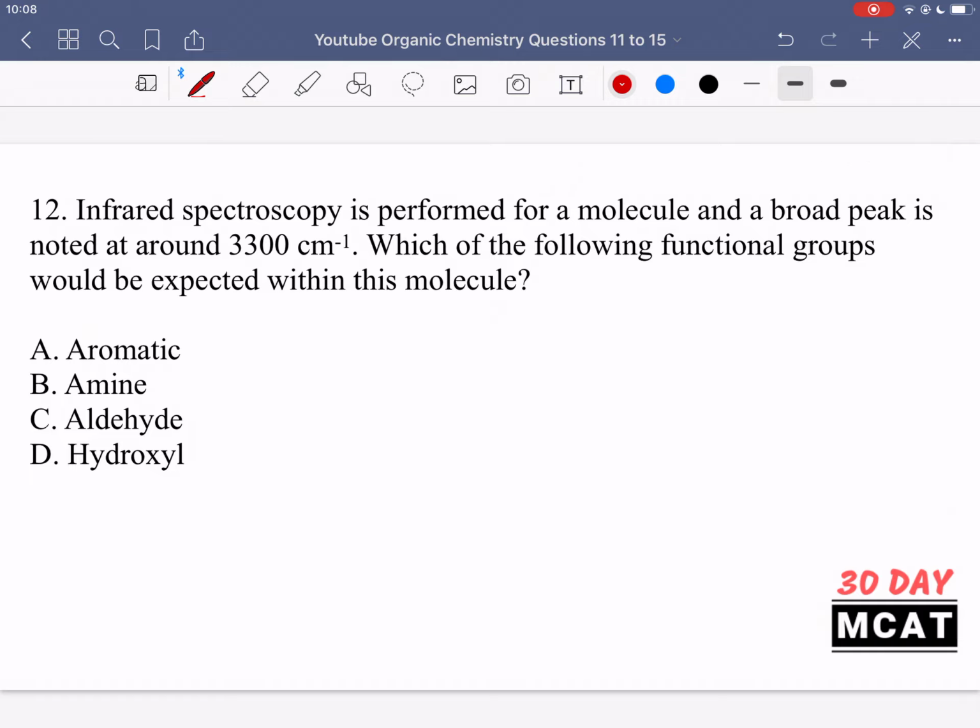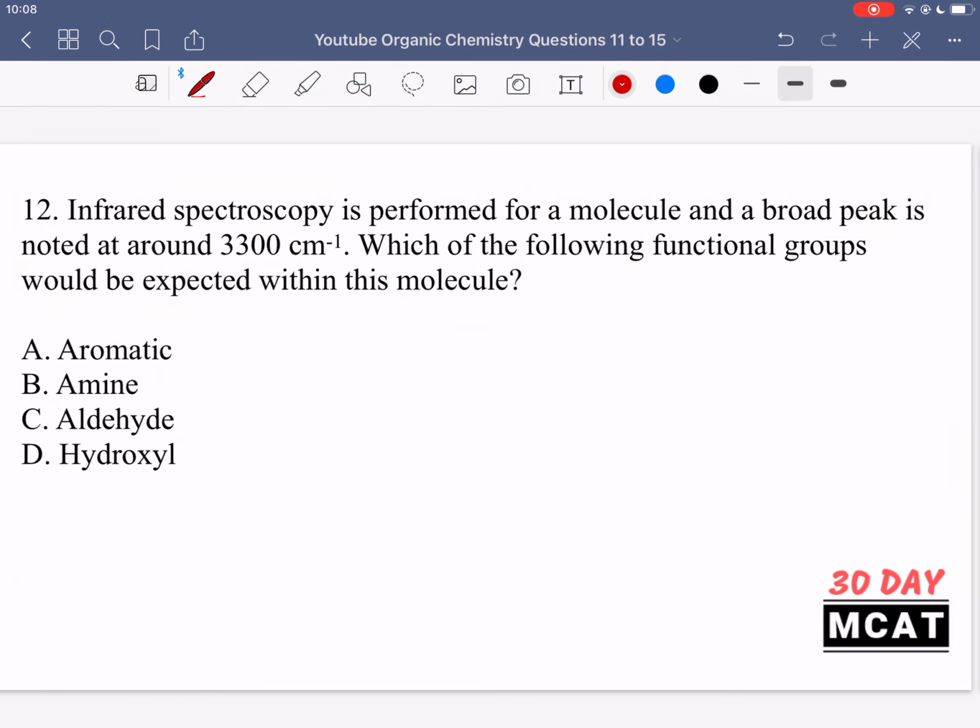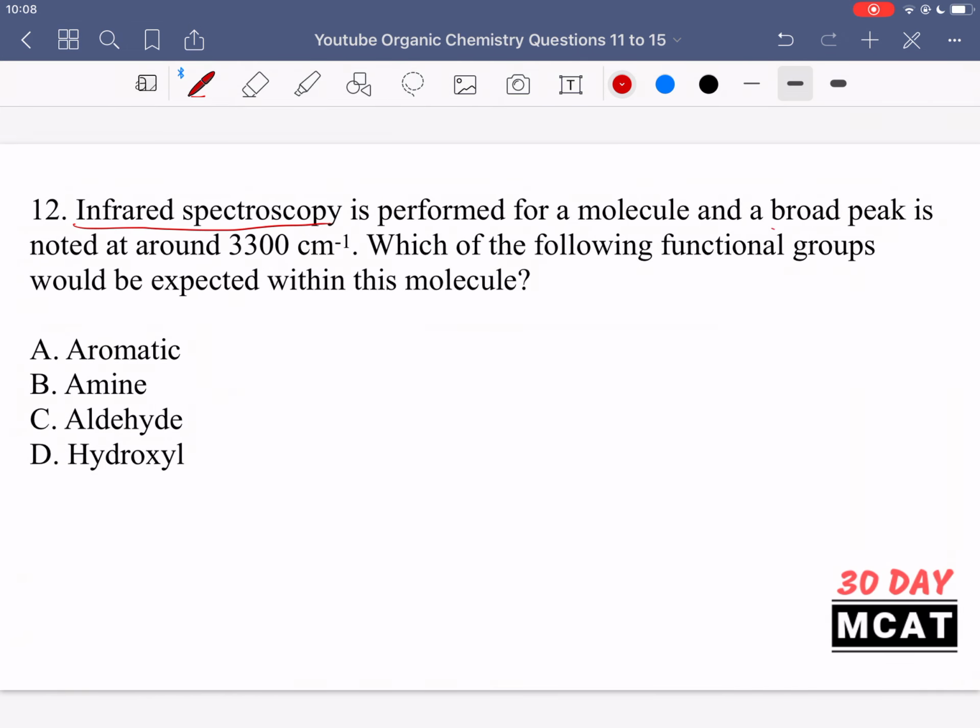In question 12, it says infrared spectroscopy is performed for a molecule and a broad peak is noted at around 3,300 centimeters. So which of the following functional groups would be expected within this molecule? So we have IR spectroscopy, right? We know that we have a broad peak at 3,300, and then we're asked which functional group it is. So for this, you need to know the different regions for IR spec that are required for memorization on the MCAT, and you should know that